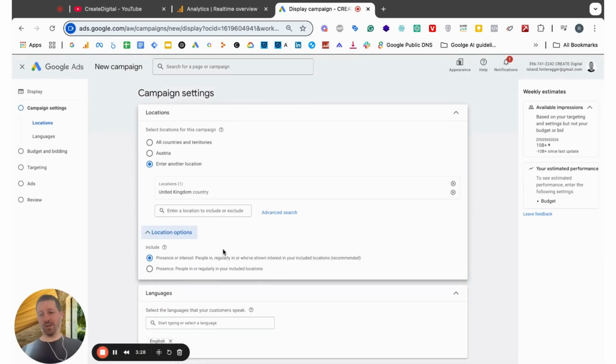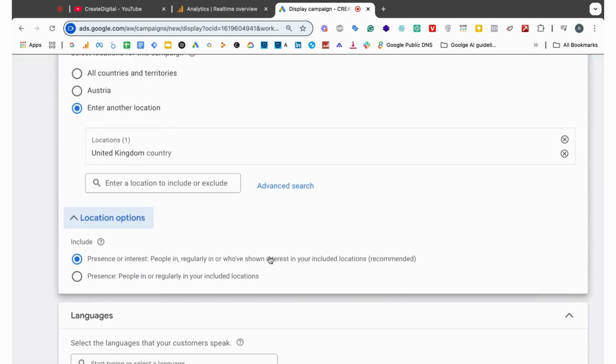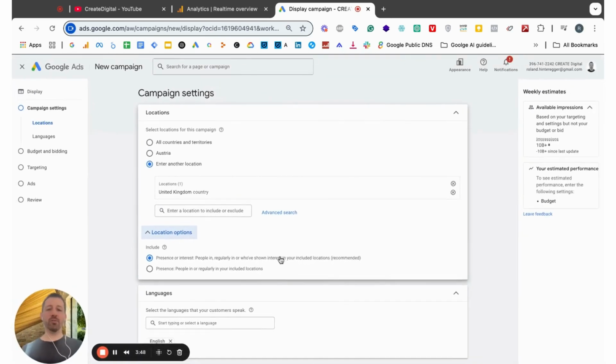Now the thing is, to be really honest, people in, regularly in, or who have shown interest in your included locations is usually not a good idea, because this part, or who have shown interest in your included location, is often a no. It means somebody possibly in Australia typing in paid marketing service UK, even if they might have a genuine interest in doing that, it's very unlikely, or at least, to be really honest, I've hardly ever seen a campaign